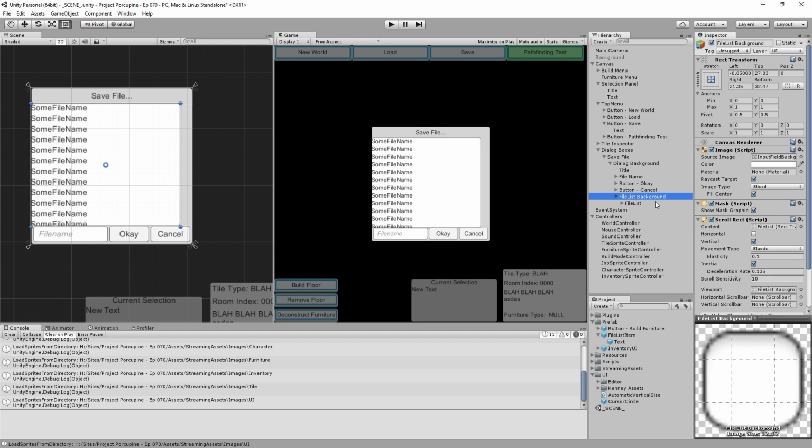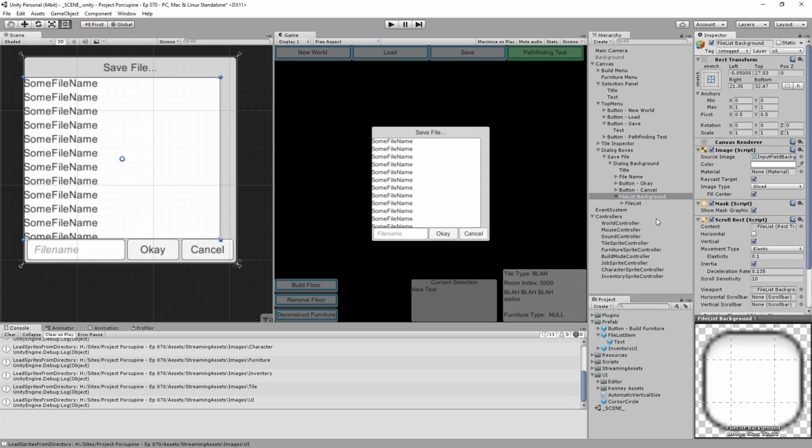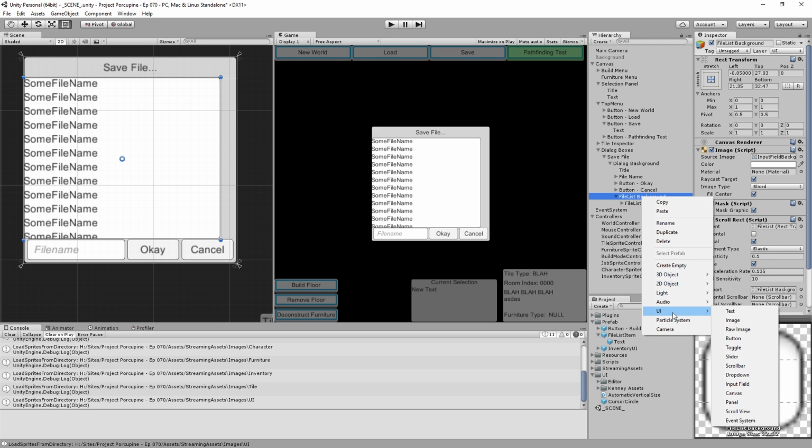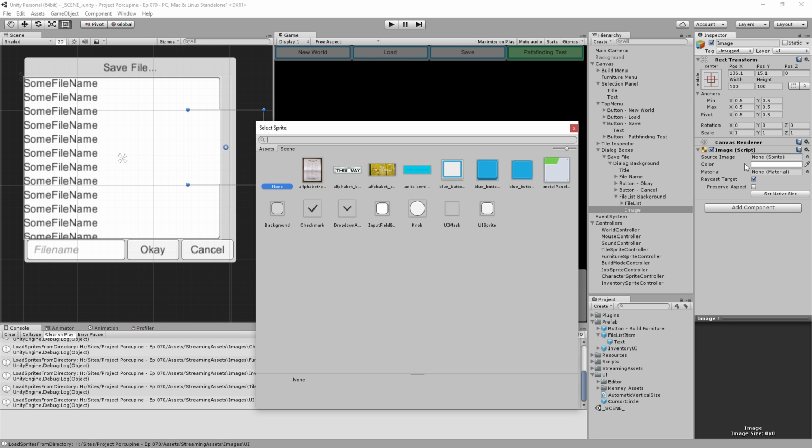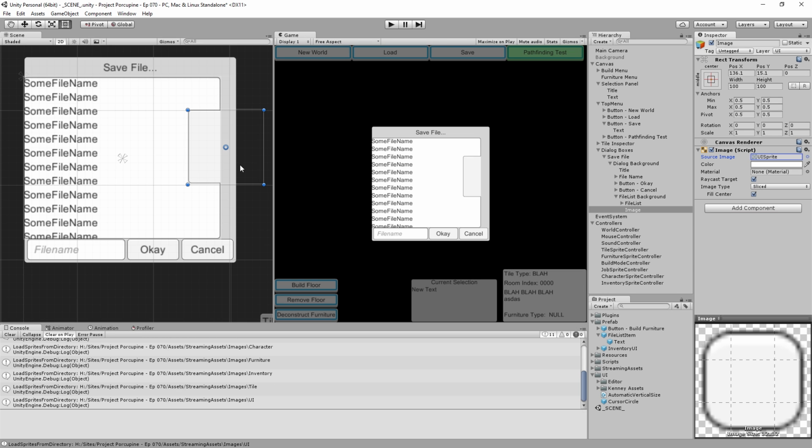And depending on how we built this object, especially in terms of having a mask, that will determine if we put the scroll bar as a child of the file list background. Currently, we can't. If we make an image over here, it gets clipped to our mask, so we're not actually seeing the white of the image. It becomes more obvious if we add a UI sprite element on it. So we've actually got a border